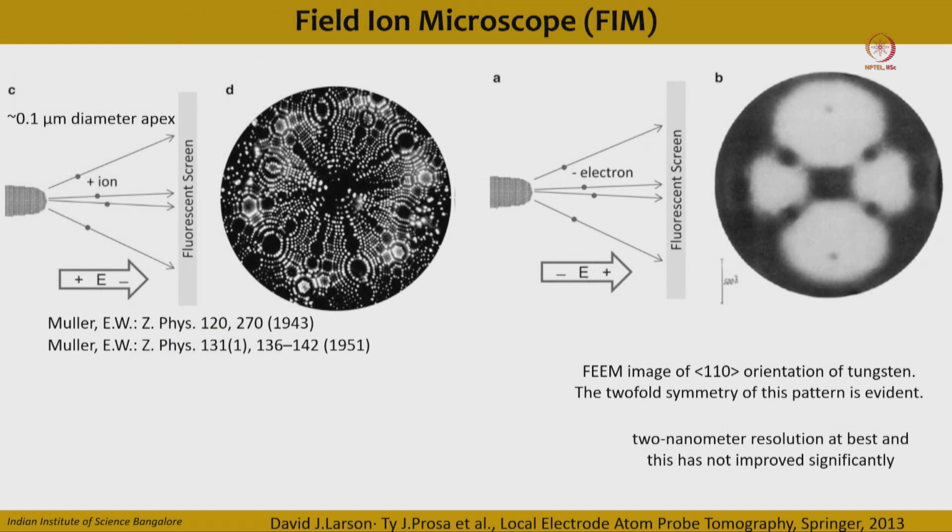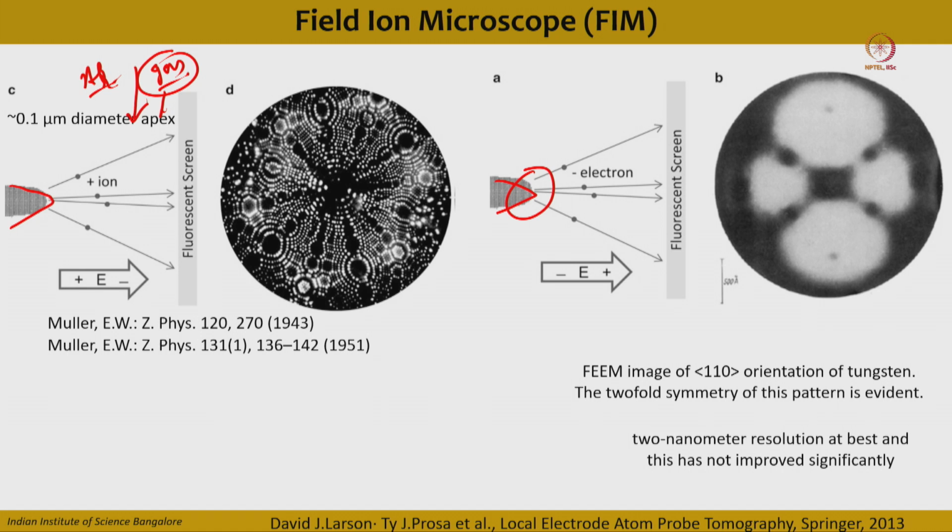In the next set of experiments, what Mueller did is, instead of applying a negative potential at the tip, he applied a very high positive potential at the tip. Okay, and he also introduced gas around the tip under a very high vacuum. Fine. So the gas he used can be either argon, correct. So with this introduction of the gas, the atmosphere is typically a gas, and he applied a very high positive potential. Due to this positive potential, there will be ionization of the gas,